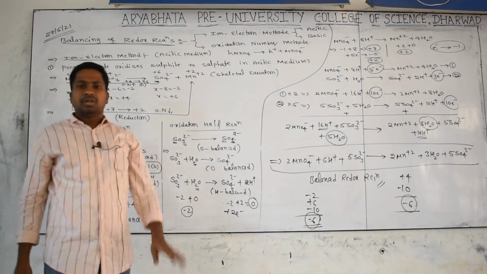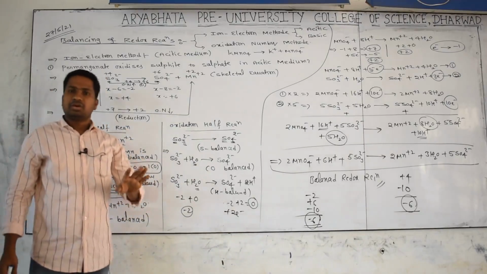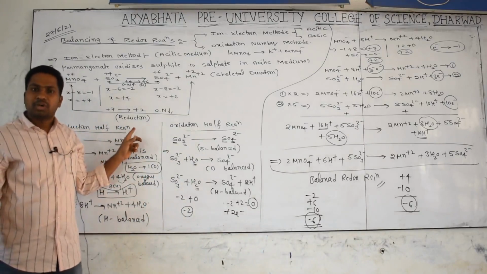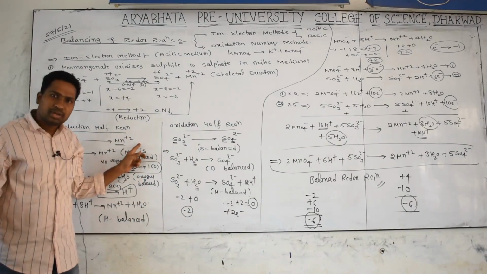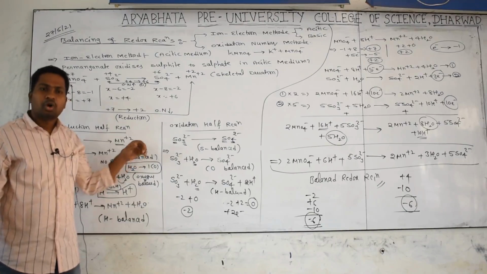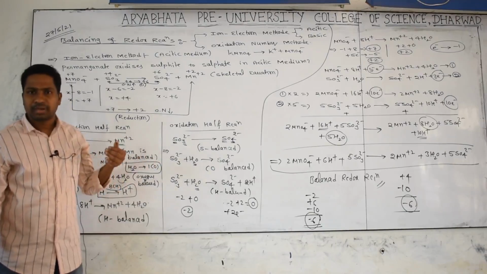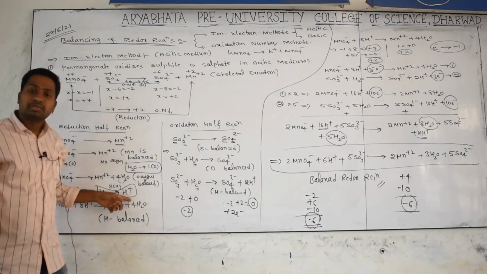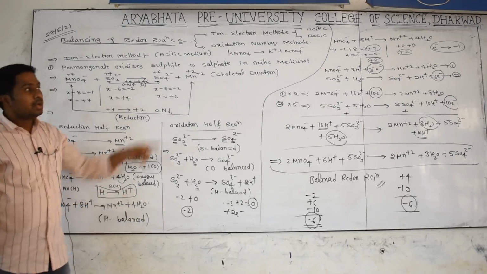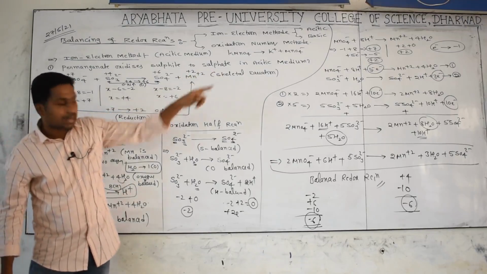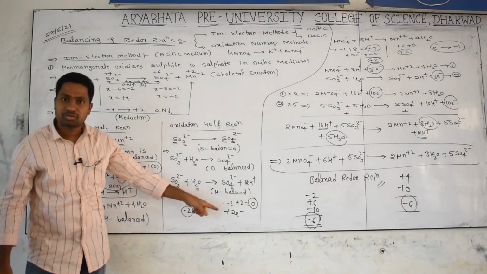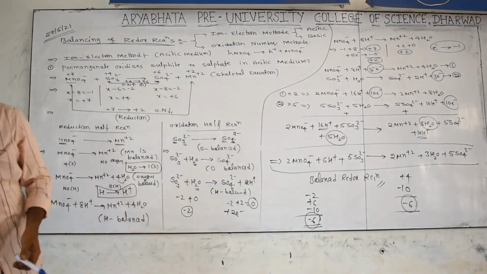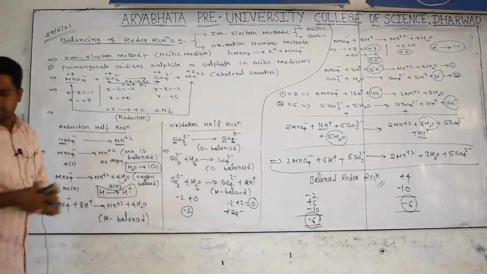So very simple. In balancing any redox reaction under acidic medium, first we should balance the atoms other than hydrogen and oxygen. Next we balance the oxygen atoms. To balance oxygen, we add water molecules: however many oxygens you need, that many water molecules are added on the deficient side. To balance the hydrogen atoms, we add H plus particles in acidic medium. Later we balance the charges. For balancing charges we add electrons. Every electron means minus 1, so according to requirement we add electrons. All of you clear? Yes.